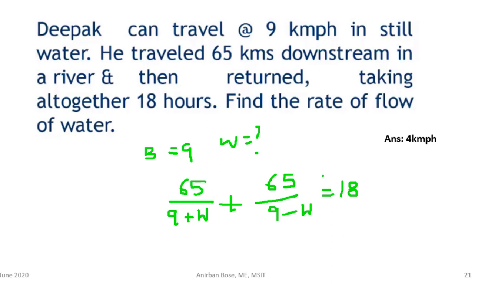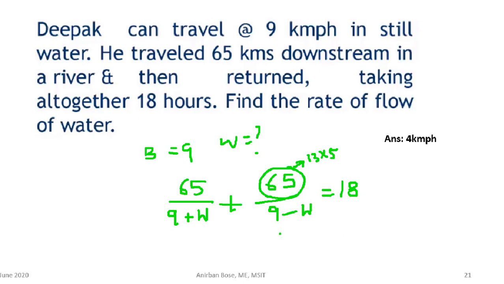Now apparently it seems difficult to solve the problem, or it may be time consuming. Now I am showing you a trick by which you can very easily, within 30 seconds, solve this kind of equations, because this kind of equations are coming more and more for boat stream problems specifically. So look carefully. Here you see what is the number, that is 65. So try to break it into two factors. 65 we can consider as 13 into 5, right?